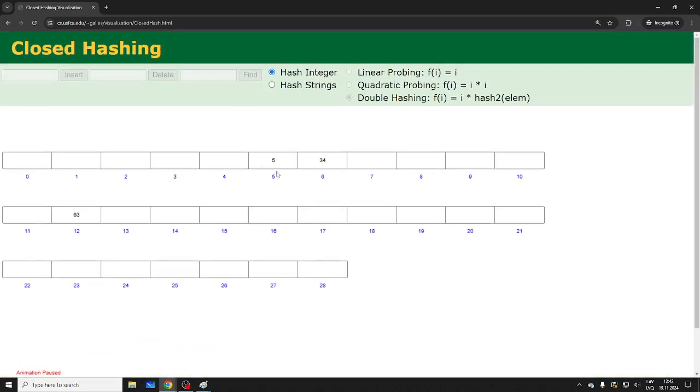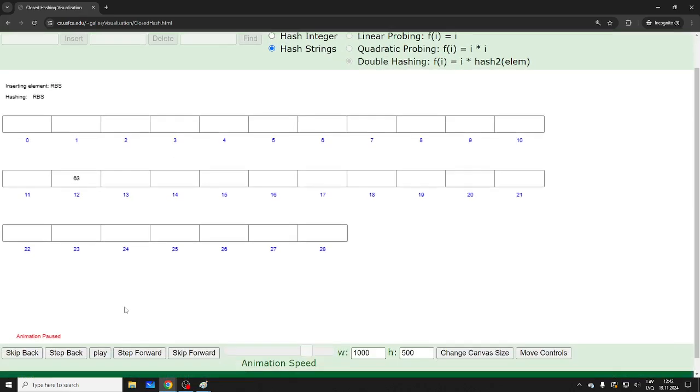Again, if you have strings, the only extra step is that, let's say, RBS is going to be the hash function input. Insert RBS, you need to hash it first. And I'll do play. It's going to be something, I don't know what. I forget now. Yeah, 27.